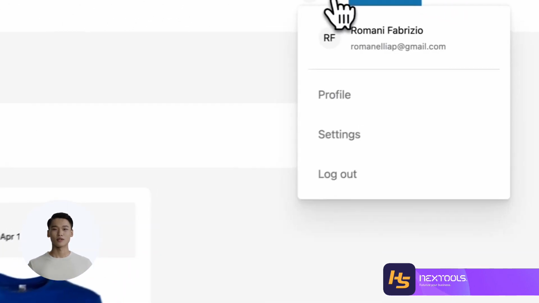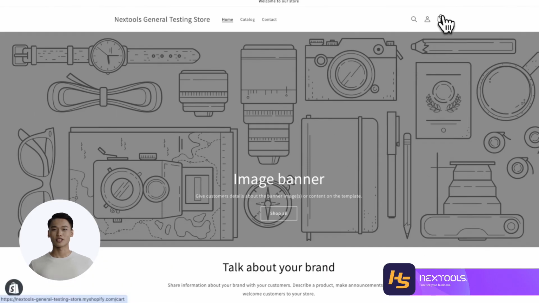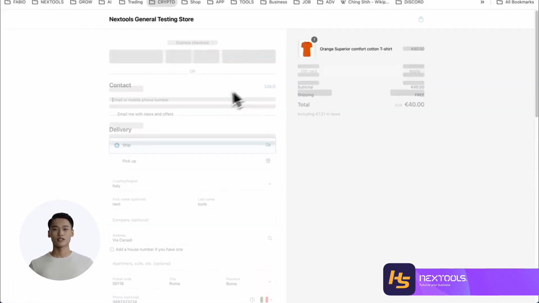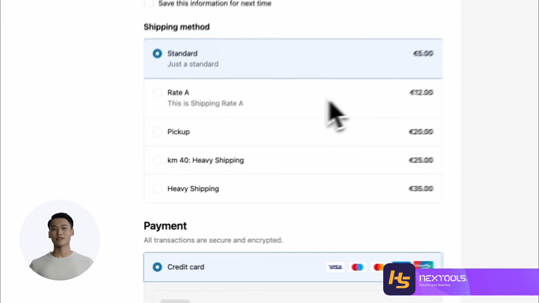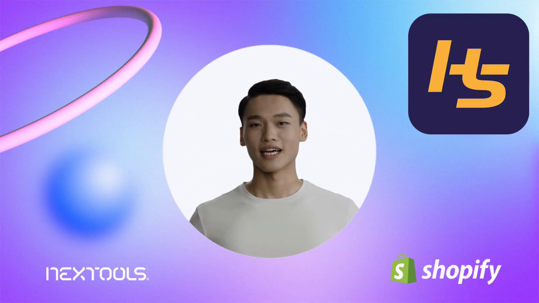But what if I'm a regular customer? Let's log out and repeat the process. As you can see now on the checkout page, the special offer, Special Ship for B2B, is not visible anymore, just like we want. With Hideship, creating, managing, and sorting special shipping rates in Shopify checkout for B2B or companies